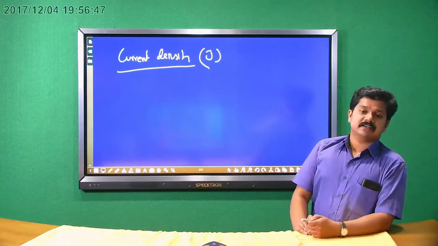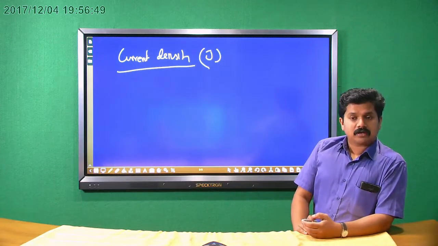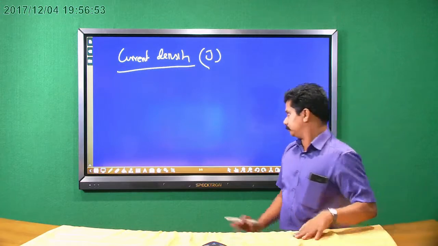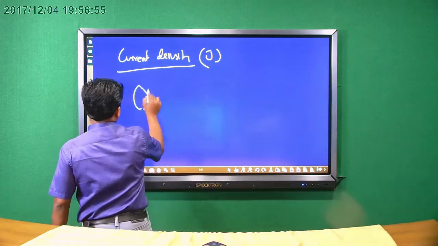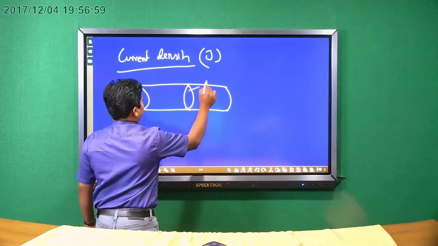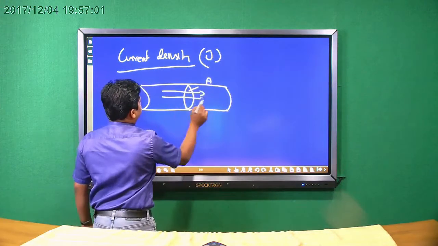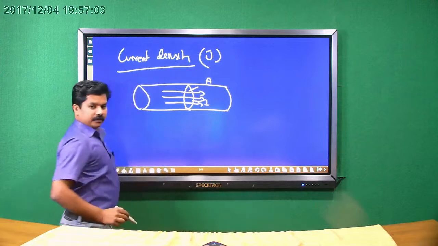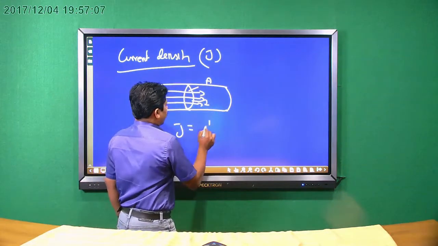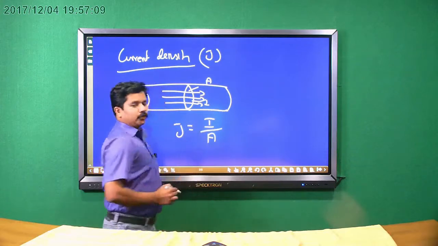So current density is the total current per unit area of cross-section of the conductor. A is the area of cross-section. When a current I is flowing through it, current density J equals I by A, current per unit area